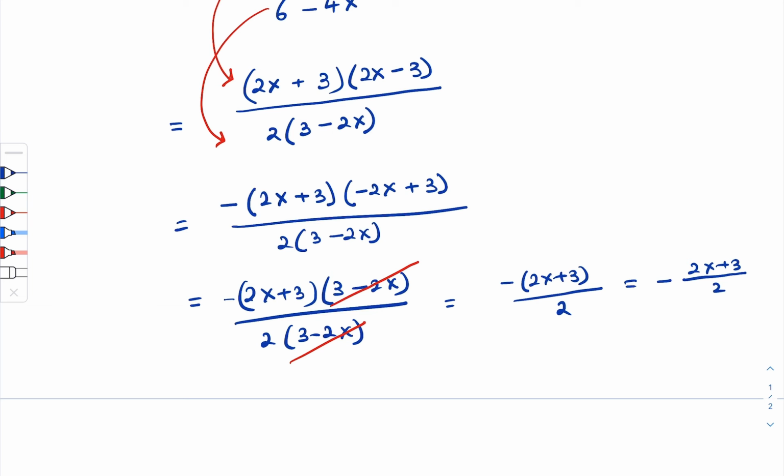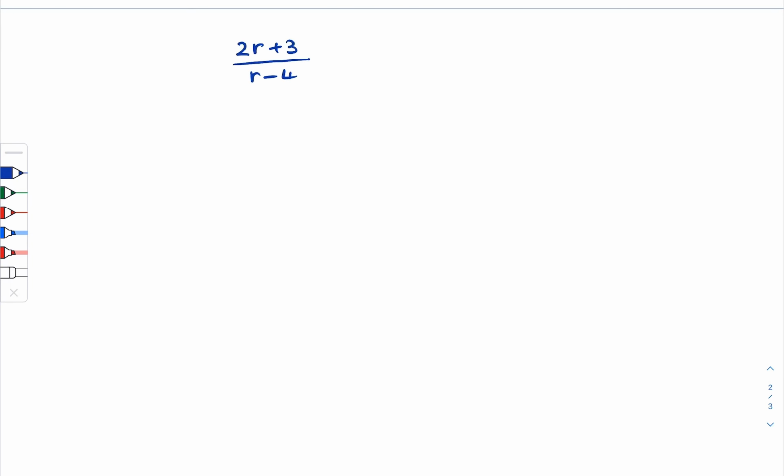All right, we're going to take a look at one last type of problem before we wrap this video up. So the next problem is 2r plus 3 over r minus 4 times r squared minus 16 over 6r plus 9. Okay, so